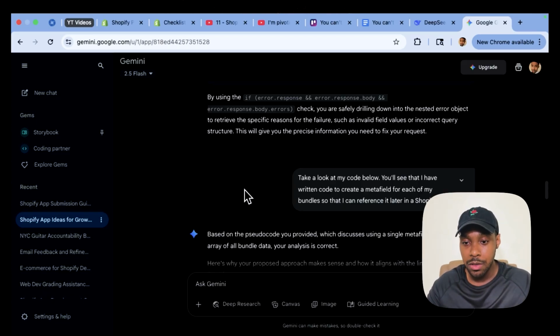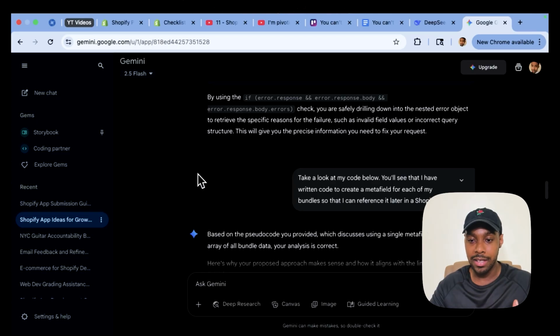But I plan on using it for a bunch of different things and using a bunch of different tools, as well as exploring AI agents to see what we can do to use that for as far as marketing and other things are concerned.